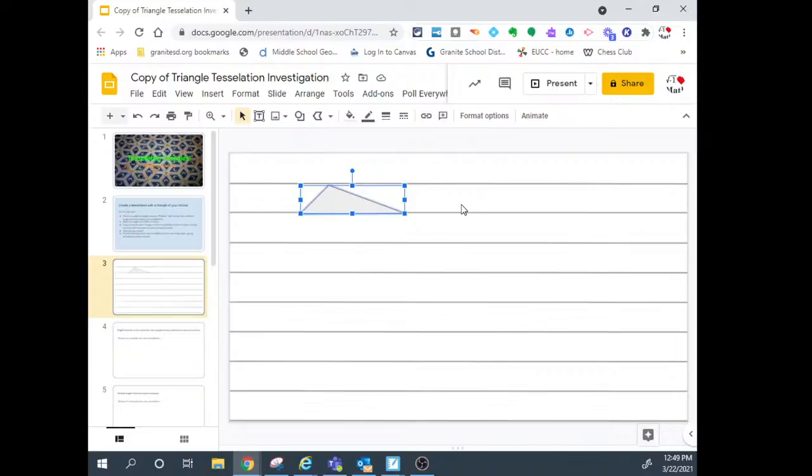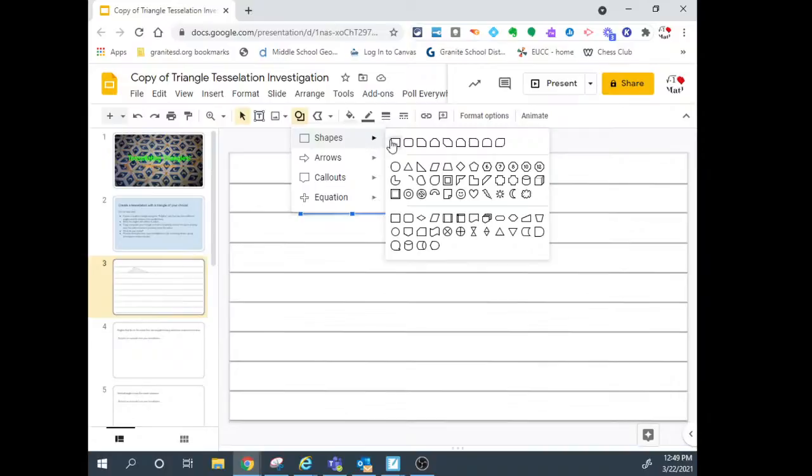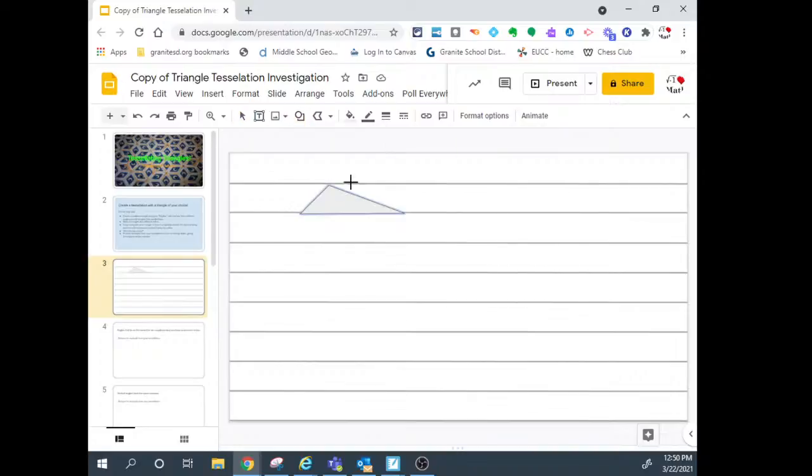Okay, now what I'd like to do is mark the angles with different colors. Now here's the part where I'm like, this is not the best way to do this. I don't know. This is what I got. At some point, I ran out of time, lost too much sleep, and so forth. And so here's what we got. You can insert a shape if you want, or so I was like, I guess I'll do a little circle. Maybe if you want to try to match it up with an angle, you could use a different tool. That's cool, a Utah tool. I didn't even know that was the thing, Utah shape. Anyway,